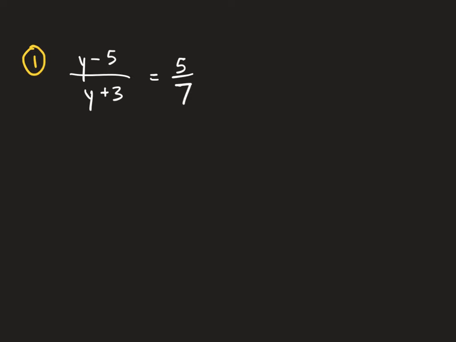Number one, y minus 5 over y plus 3 equals 5 over 7. Anytime you've got a fraction on the left equal to a fraction on the right, this is what's called a proportion. And these are nice because you can solve them just by cross multiplying,